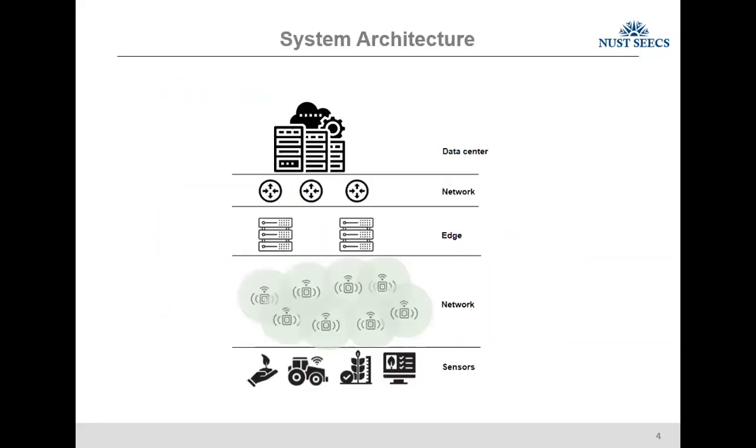This is a generic architecture. Whenever we talk about IoT applications, more or less we are following the same architecture. At the bottom there are the sensors, and then we have the network involved here. Most of the time, this network is a wireless network, and the sensors are sensing the environment as well as acting as relay nodes, transferring the data to the edge devices, where we can filter out the data. Then we forward the data using a wired network to the data center. So typically, we have two locations where we can perform computations. The first one is the edge location here. The second one is the data center here.